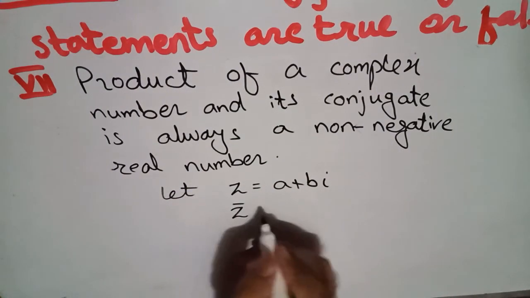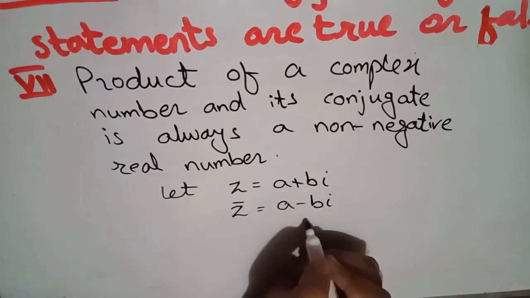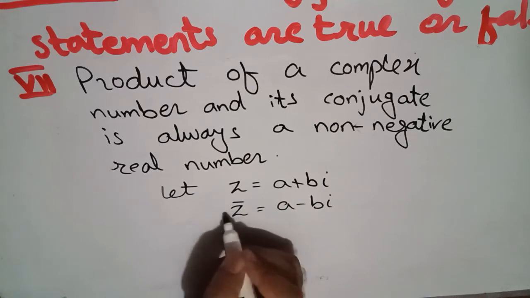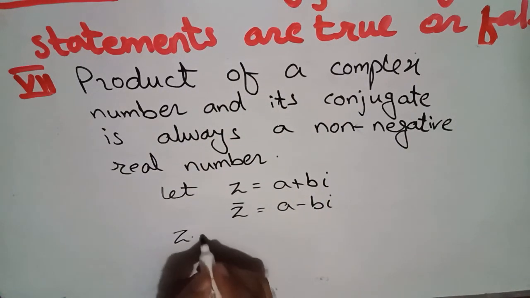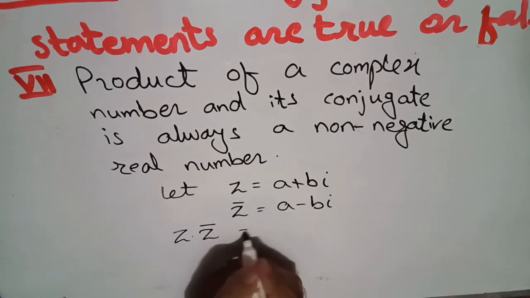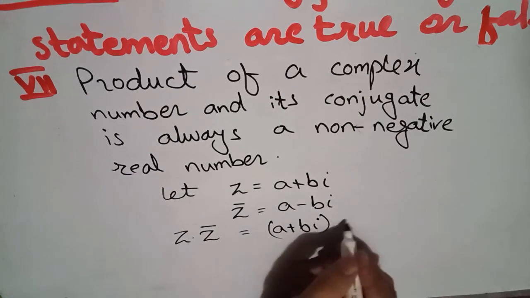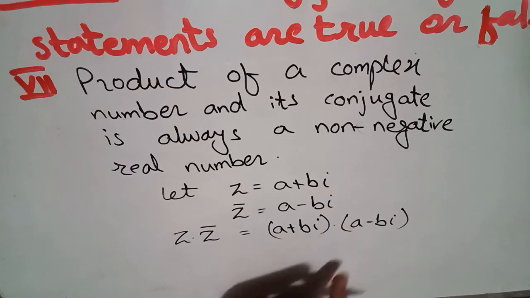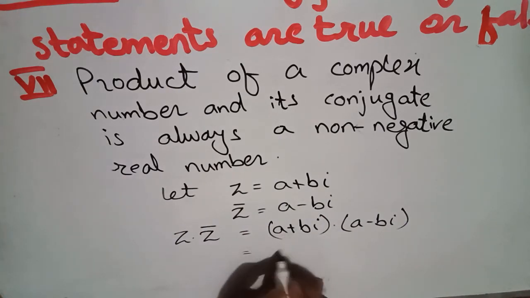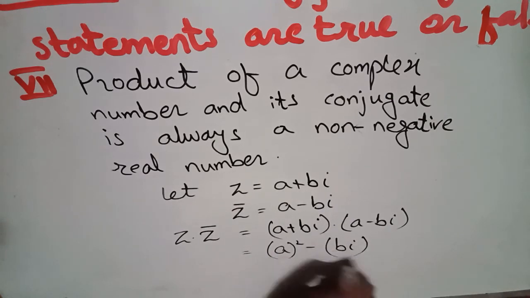So we will take the conjugate as a minus b iota. We change the sign of the complex number by taking the conjugate or bar. So the product of a complex number, which means z times z bar, means a plus b iota into a minus b iota, which follows the formula a square minus b square. So you can write a square minus b square by simplifying it,